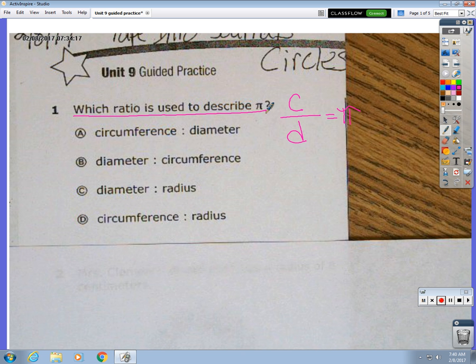A says circumference to diameter. So this would look like C over D. We are to write this ratio out as a fraction. B says diameter to circumference. So that would look like